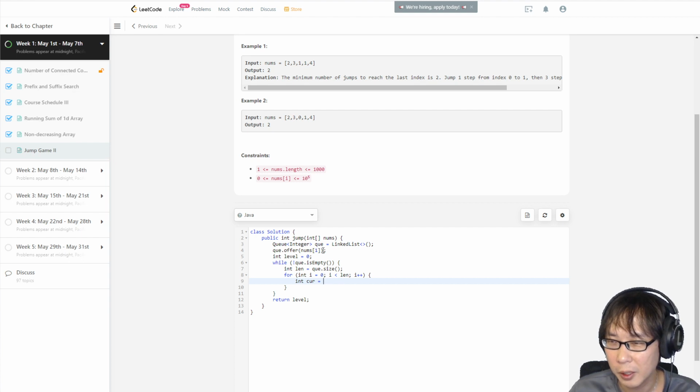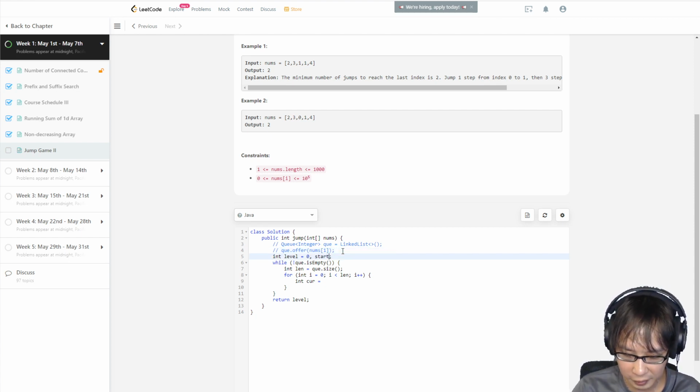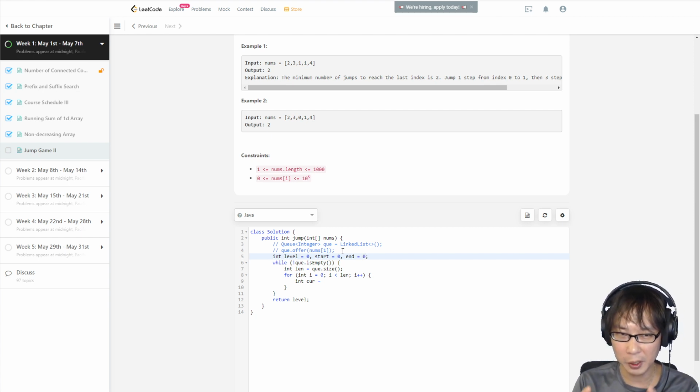Okay, so let's do it. I don't need a set, I don't need a queue. I don't need this, right? So what I need is level. I need start equals 0. I need end equals 0, right? So that's the first level. The first level is the first element, level 1, which is level 0, because if we return immediately,